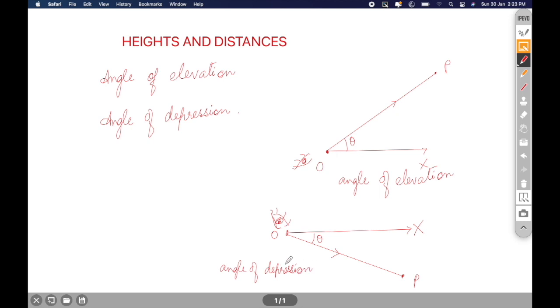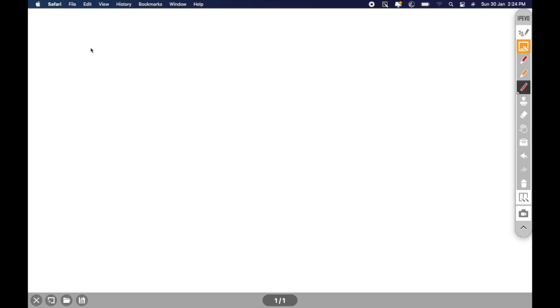Whenever we read a question related to the chapter heights and distances, we have to mark the word elevation or depression, and accordingly draw diagrams which will always give right-angled triangles. One more important thing to remember in this chapter is the values of root 2 and root 3, which will be most often used to solve questions. So,